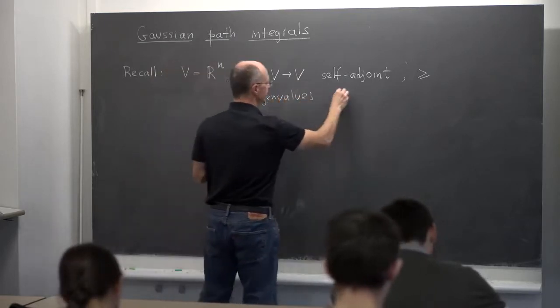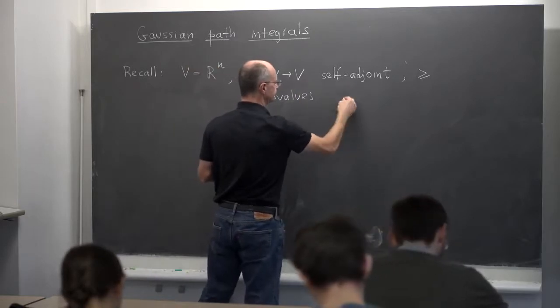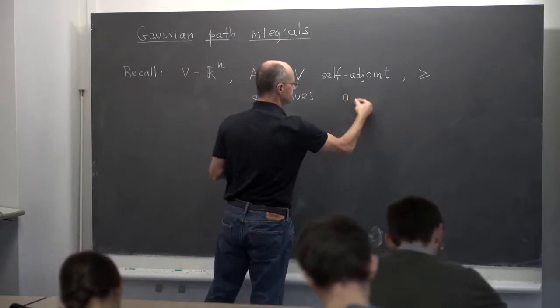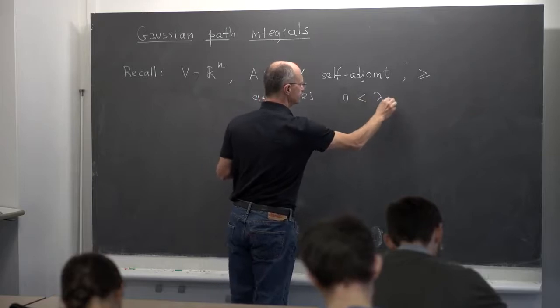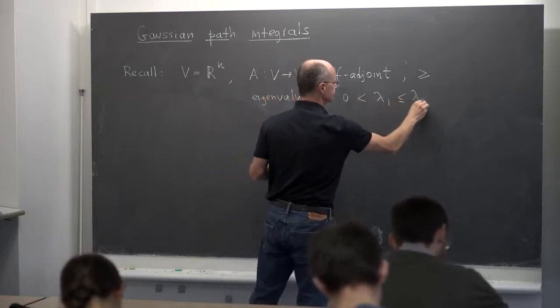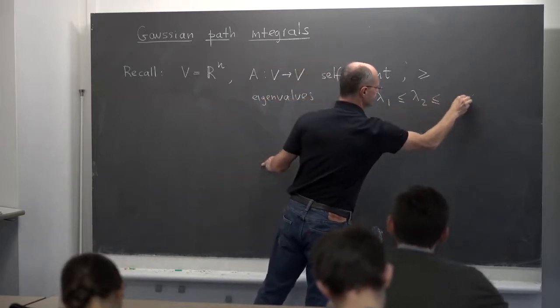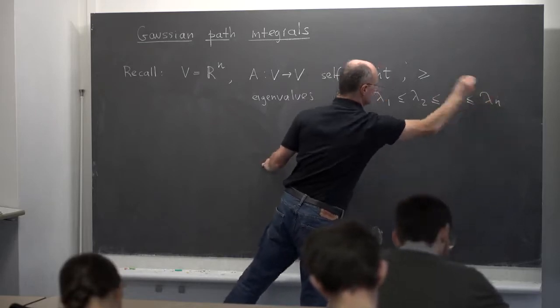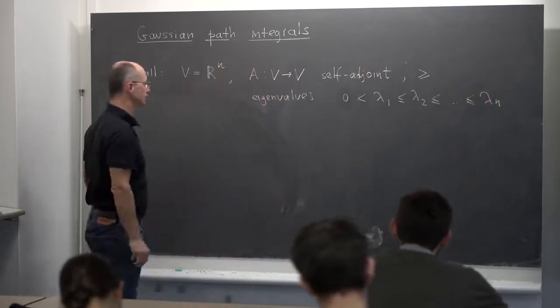So this means we can order the eigenvalues say from lambda 1 to lambda n,